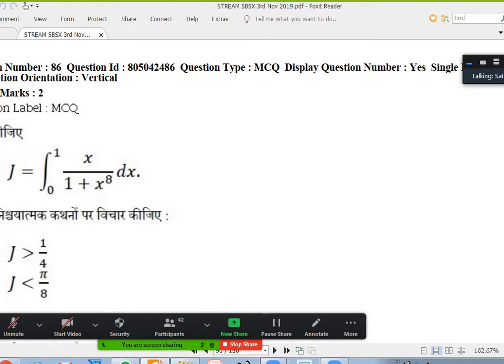Okay, so mainly the concept in 86 is that in indefinite integration, every function cannot be integrated, right? All of you know that. Same problem with definite integration, everything we cannot integrate. But we can tell that this value should be between these two. How? It is as simple as that.